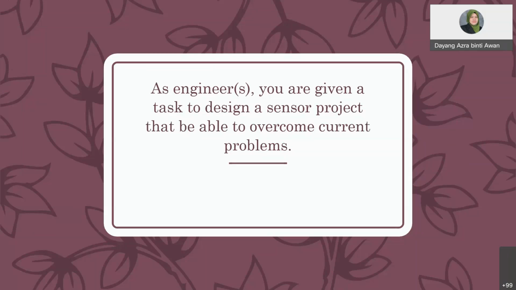Okay, so to overcome this problem, you need to design a circuit which has an IR sensor or motion detector sensor and so on. At least you use one sensor in your project. Then you need to design the circuit. The circuit you can get from the internet. Check the components, make sure that the components are very easy to find. Then do the project.